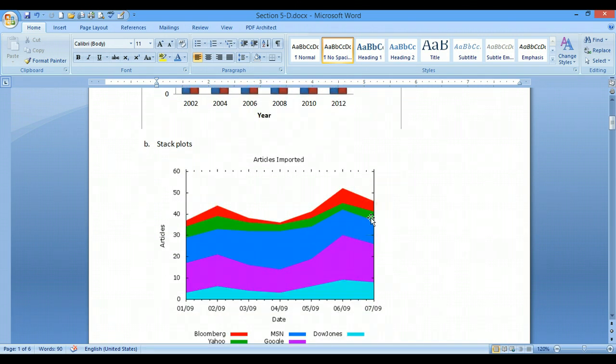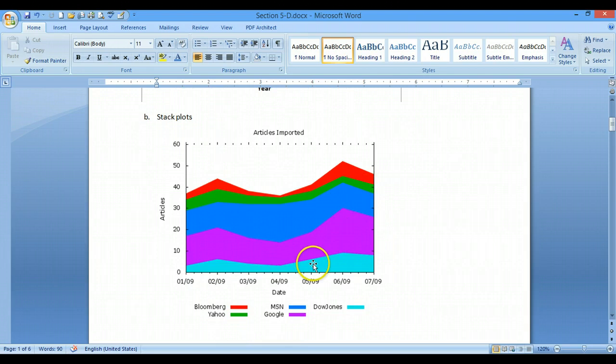The next one is stack plots. This is where the information is all stacked one upon the other, and the height of the color you're seeing is the amount of information or frequency for these different categories. So if I wanted to find, let's say, the number of articles downloaded or imported on Google in April of 2009, I would come to April 2009 and find the height or the width of this purple for Google,